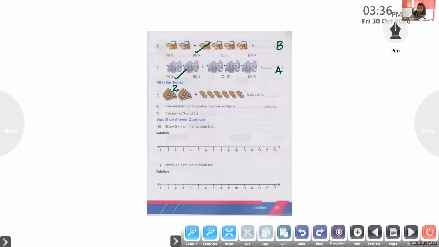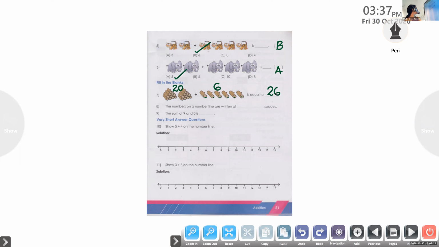20. Okay. Then 20 here. And how many ones? Count it. 1, 2, 3, 4, 5, 6. Okay. Now 20 plus 6. What is the answer? 26. Very good. 20 in the mind, 6 in the fingers. If you are counting all together, we will get answer 26. Okay, Mitra. Thank you, ma'am. Okay, welcome.